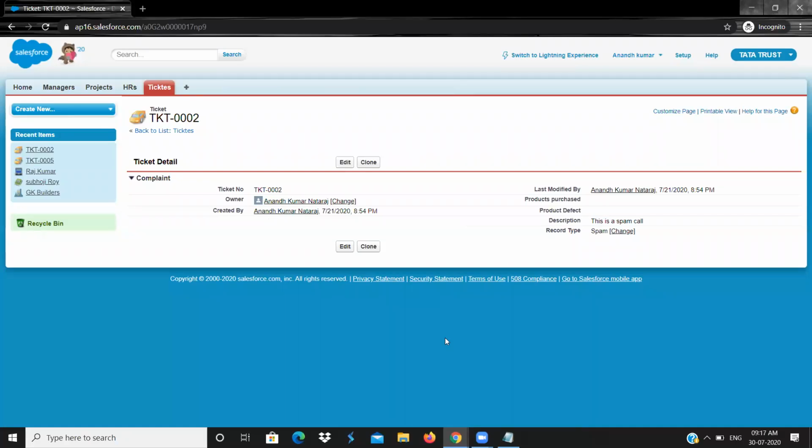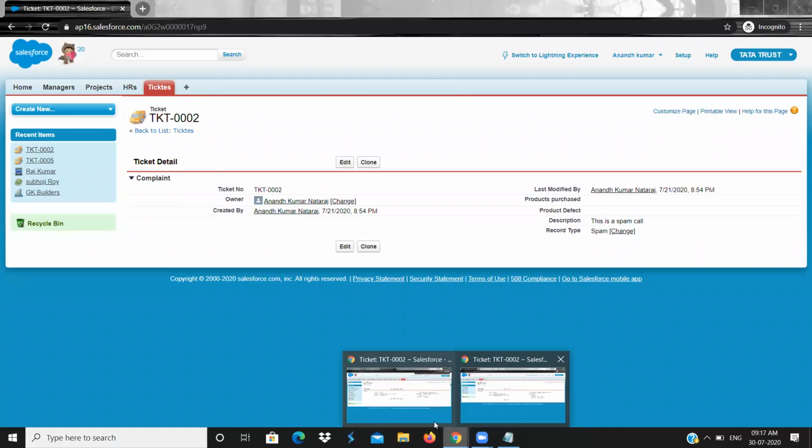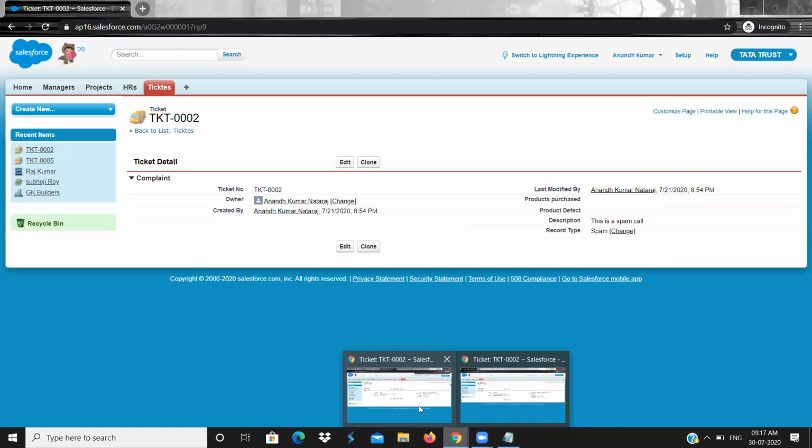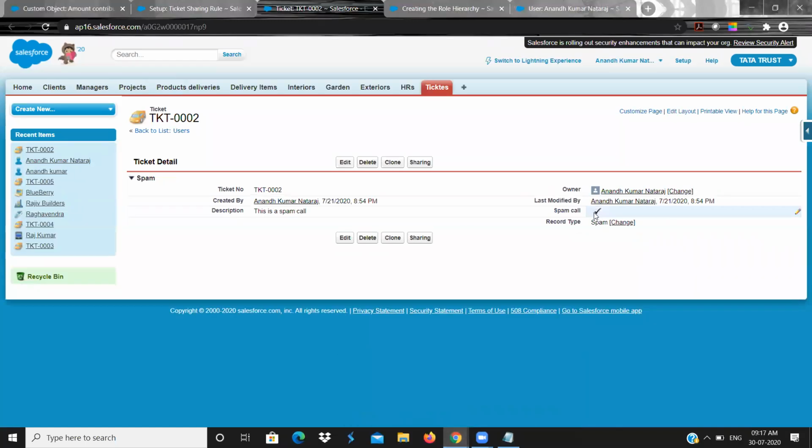Clear? Now you get the idea, right? How the security in Salesforce works. See, as a system administrator, you can see this checkbox. This is a spam, and